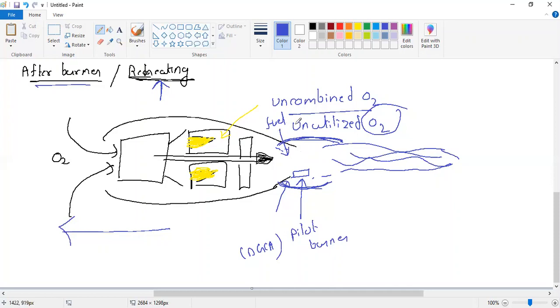Here we are adding fuel. We have got uncombined oxygen, and to burn this we require the igniter plug. These igniter plugs are of different categories. We'll understand only the pilot burner. What the pilot burner will do is we will put a fuel here in the pilot burner. Inside the pilot burner we are directly putting the fuel. We are putting the fire source over here. This will burn and produce a small flame, and this flame will ignite the remaining mixture.